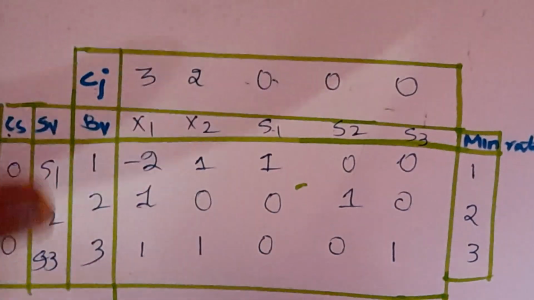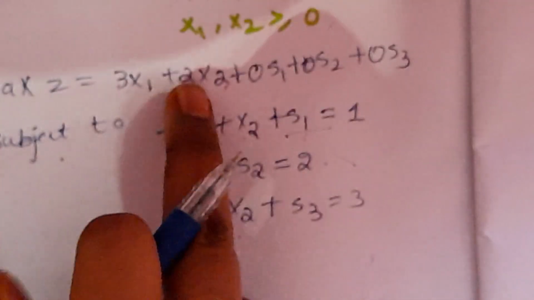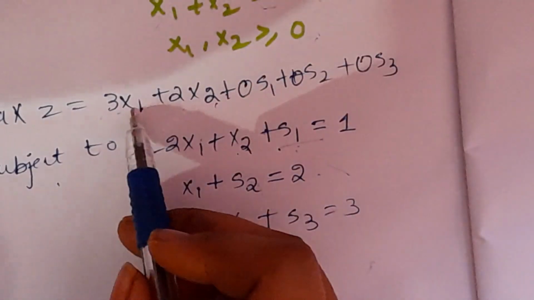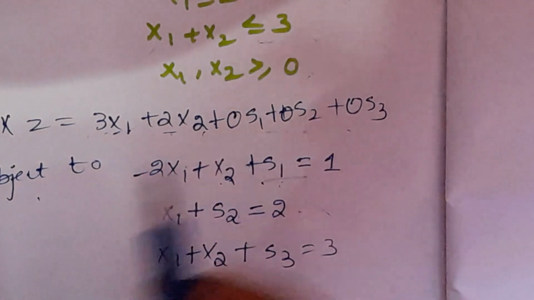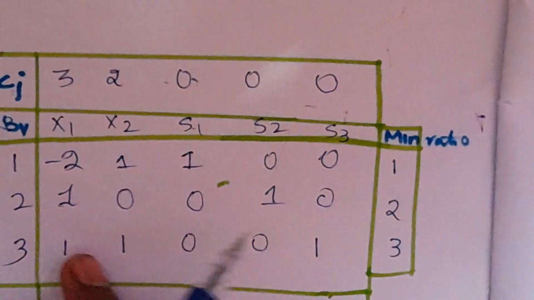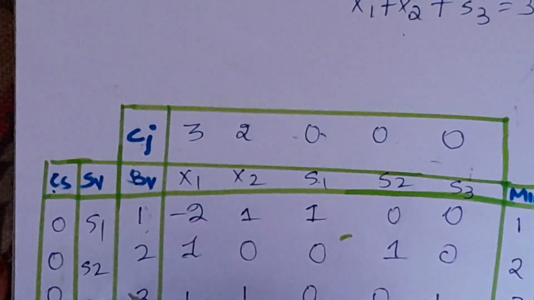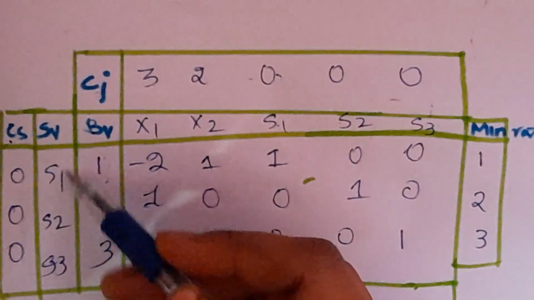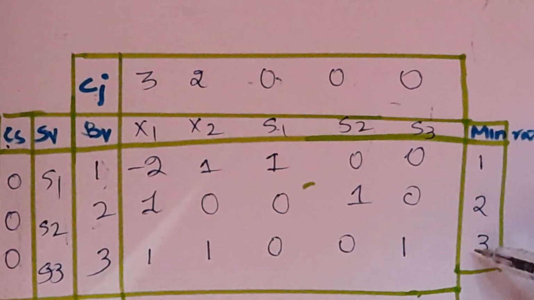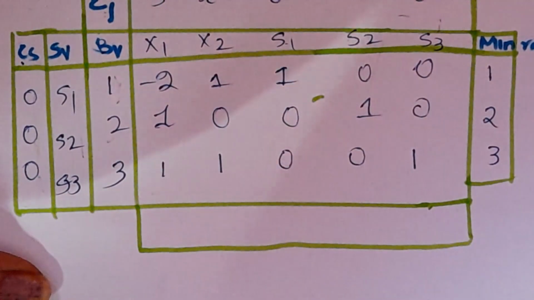Okay, once again I will explain. Cj means the coefficients of the objective function. Next, the basic variables are the variables of the objective function. Next we take the coefficients of the constraints. Here we fill the constant values, and next we write the slack variables, the coefficients of slack variables, and these are the constants of the constraints. Okay, next we have to calculate